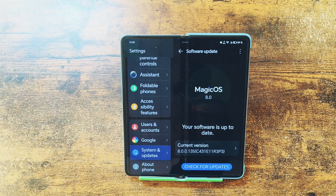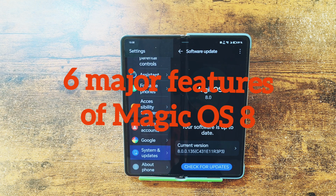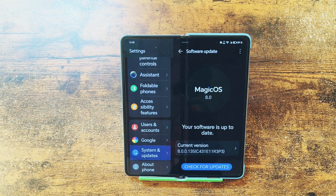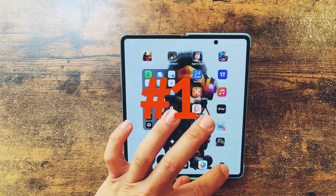That also could be a case in some scenarios. But anyway, I've got exactly 6 features worth mentioning and reviewing from my perspective. There are some other features, but those 6 I think are the headliners of the new version. So let's get straight to it, and I start with the most needed, most anticipated and must-have for any foldable,